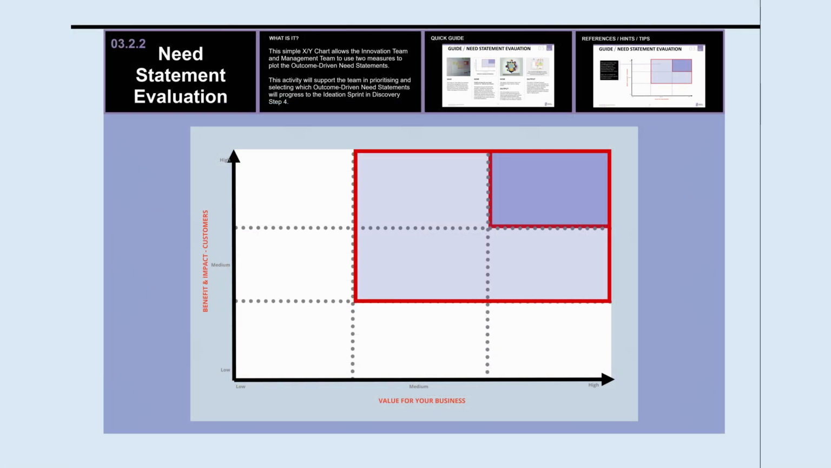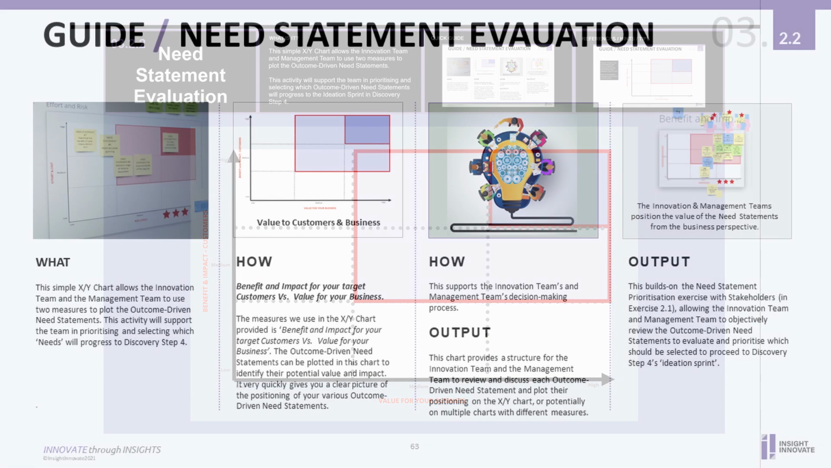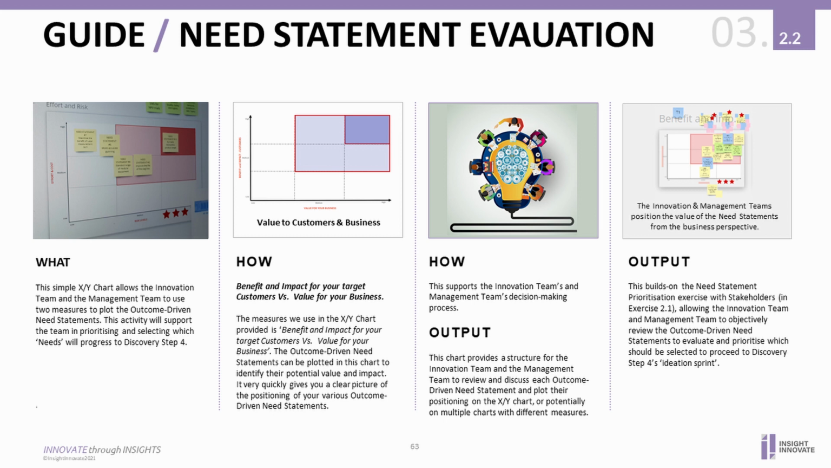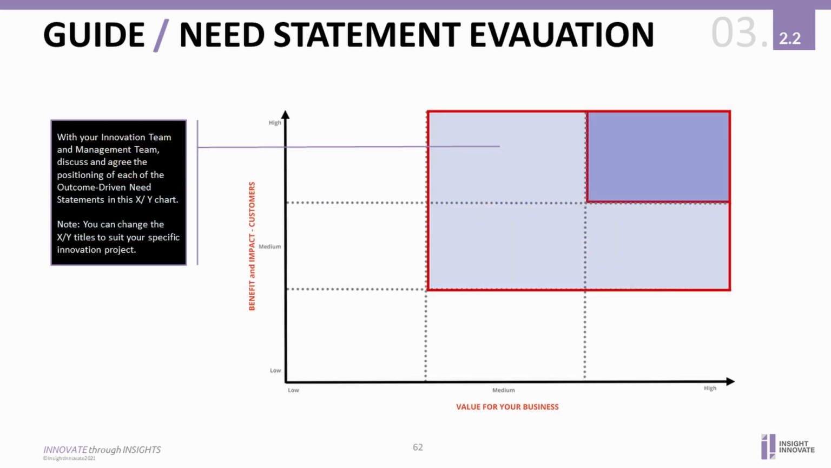After prioritization with key stakeholders, the outcome-driven need statements will be reviewed and prioritized by your own management team. This will be done using a simple XY axis chart that allows the team to position and prioritize the outcome-driven need statements. Discovery Step 3 may often be the first time you will have engaged with your key stakeholders, if